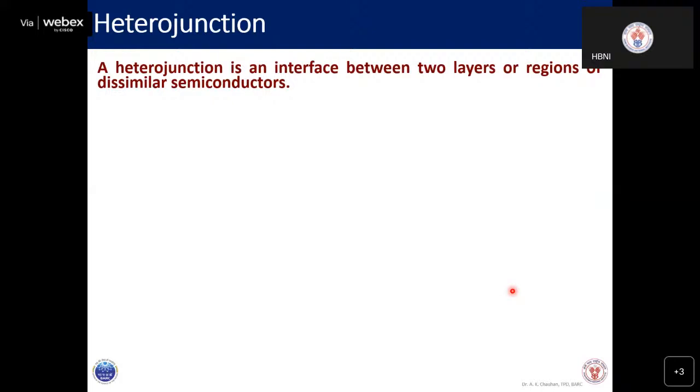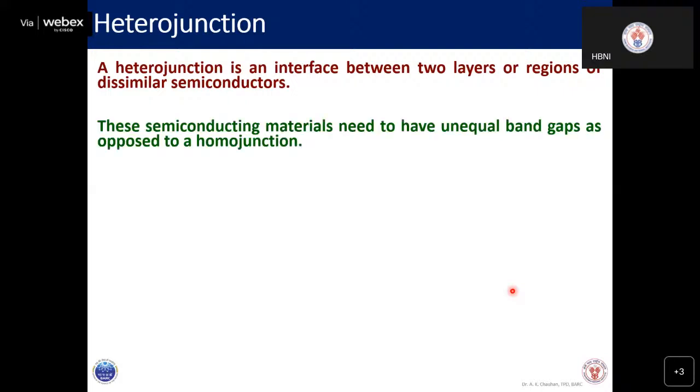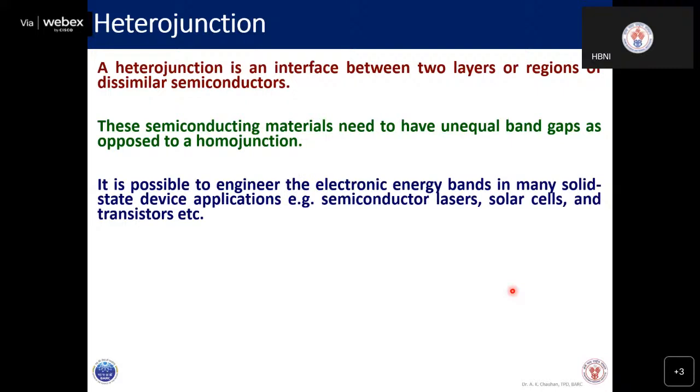Now we will come to the heterojunction. A heterojunction is an interface between two layers or regions of dissimilar semiconductors. What is a heterojunction? The band gap is different, so it is possible to engineer the electronic energy band in many solid state device applications. For example,